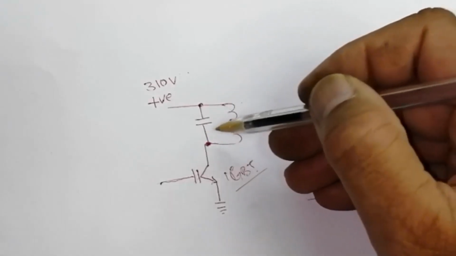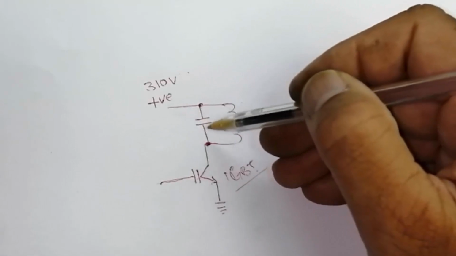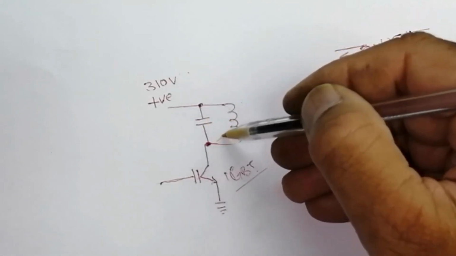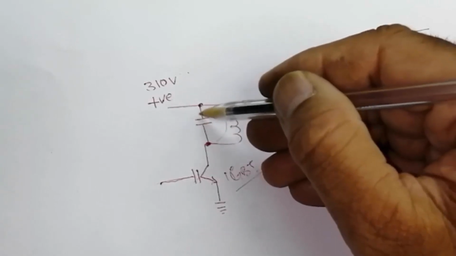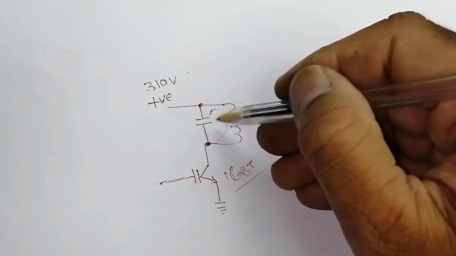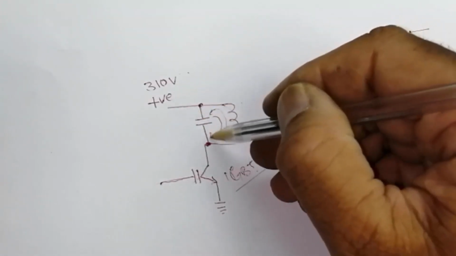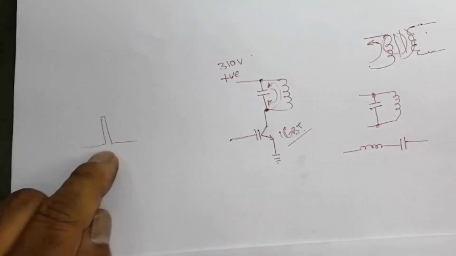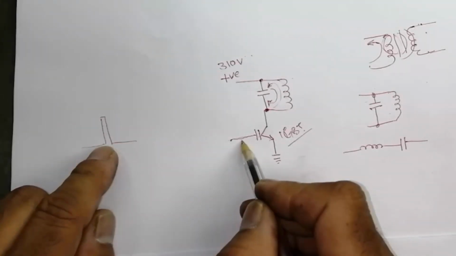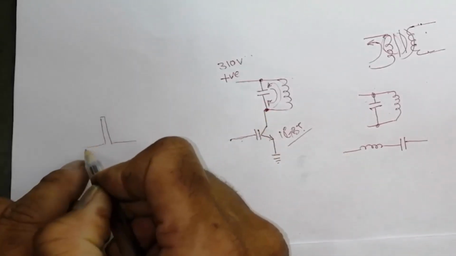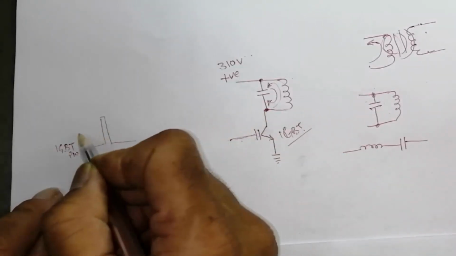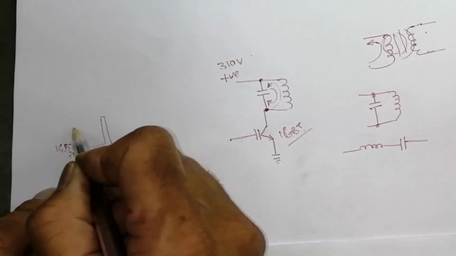We will take another circulating current. If the first current was circulating like this, now the capacitor is charged in the reverse direction, so we will take another cycle like this. We applied a pulse. One pulse we applied on the IGBT and it caused a flow of current. This IGBT gets a pulse width modulator signal, and it will cause